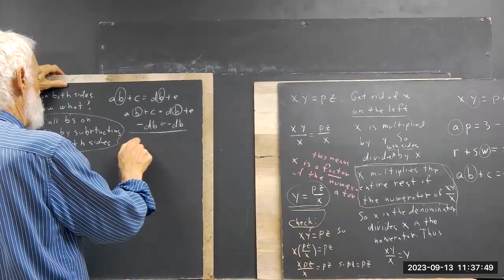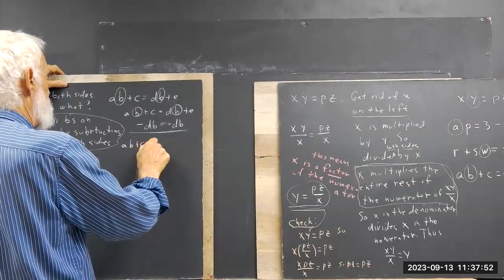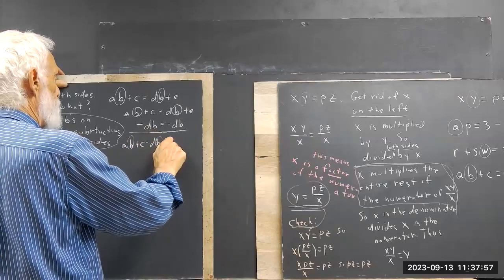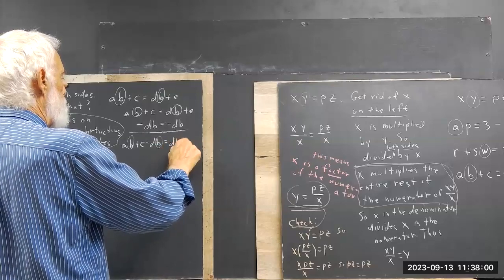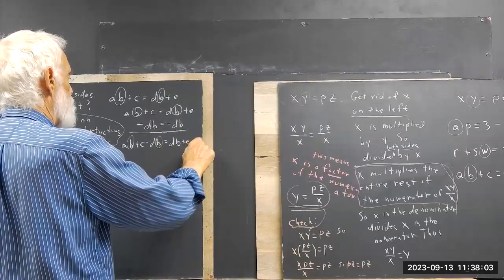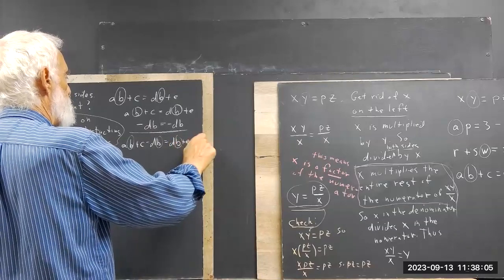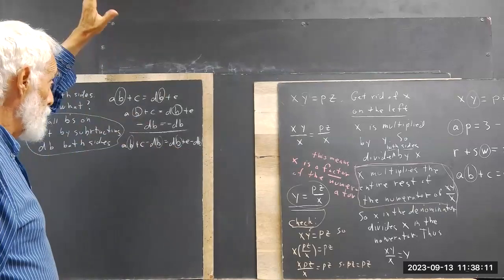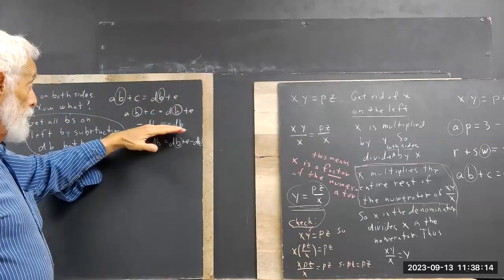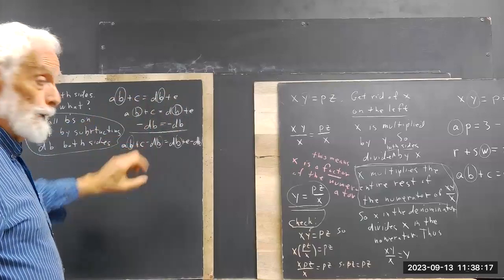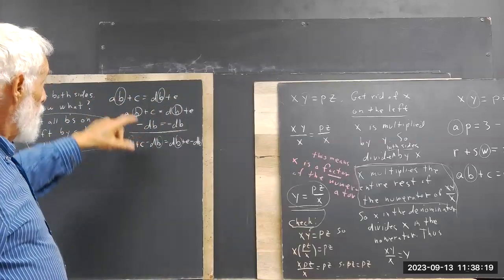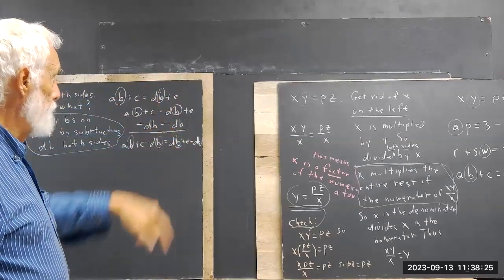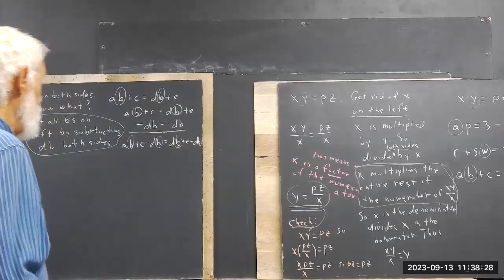So we get AB plus C minus dB, circle our B so we can keep track of them, equals dB plus E minus dB. I want this step. I don't want it just to go away because people do wrong things when they try to go from here to the next step. I want it literally written out. AB plus C minus dB equals dB plus E minus dB. Okay. Then we can say